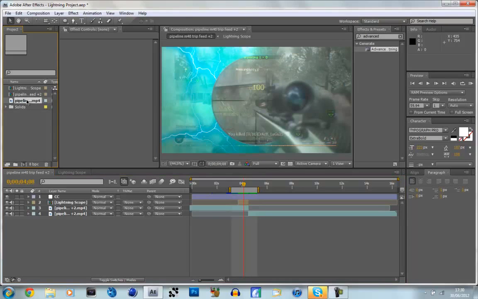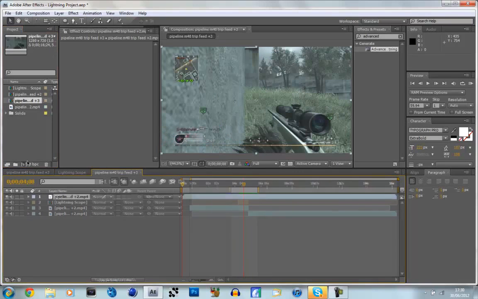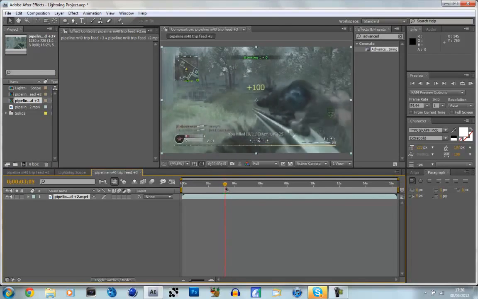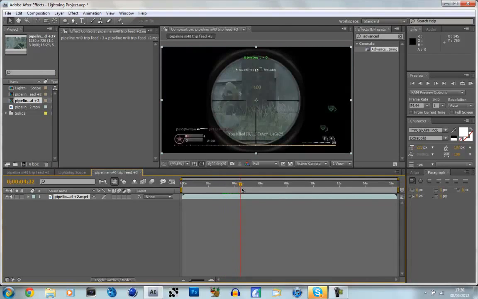First of all, we're going to drag our clip into a new composition, and then we're going to try to find the shot. I'm just going to pick any shot. We'll pick this one here. Now if you use Page Up and Page Down and go frame by frame, once you find that shot, we're going to hit Control-Shift-D to